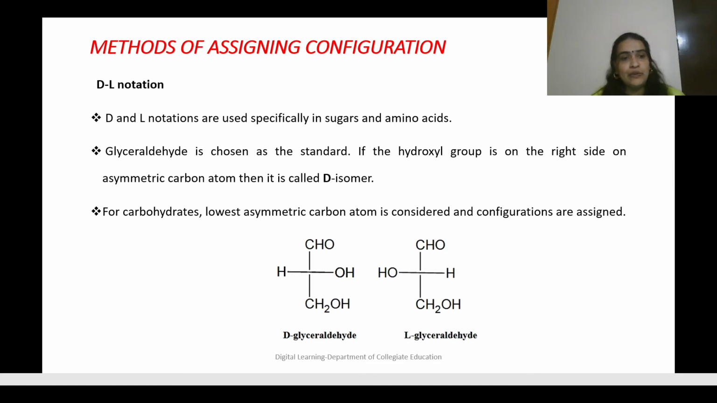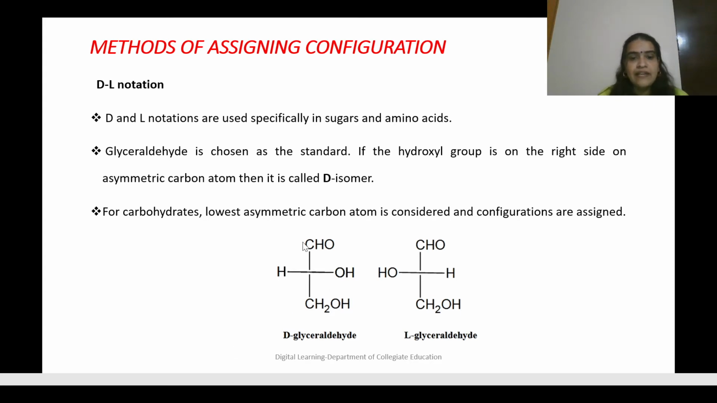Coming to DL notation, D and L notations are used specifically in sugars and amino acids. Glyceraldehyde is chosen as the standard. We have already seen that the exact configuration is very difficult to find out, so we follow the relative configuration. So the relative configuration will be in comparison with a standard compound. So in DL notation, we follow the standard as the glyceraldehyde molecule. If the hydroxyl group is on the right side on the asymmetric carbon atom, then it is called the